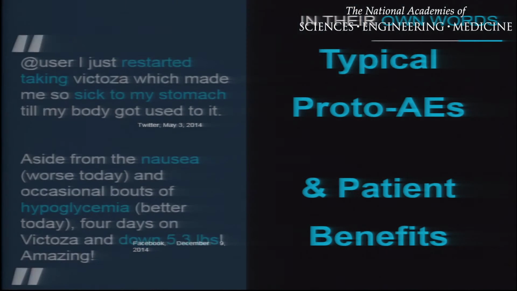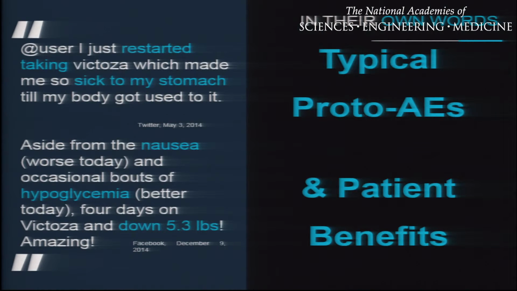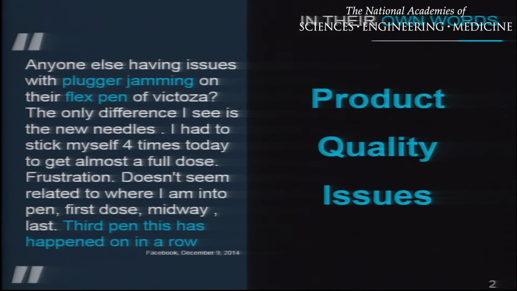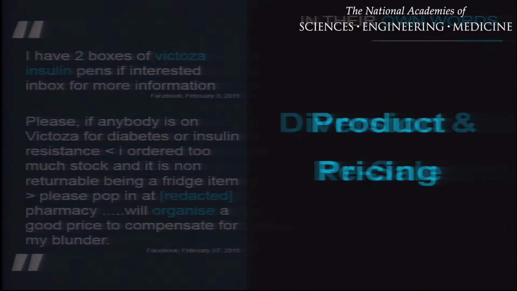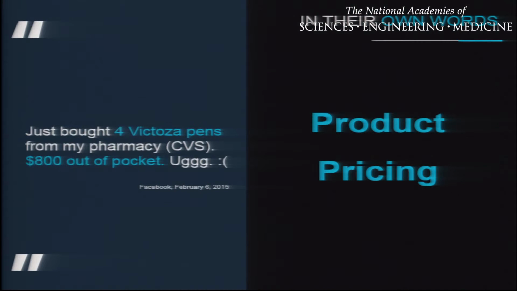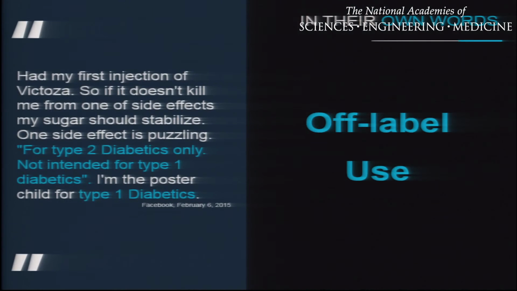But just to give you some understanding of the types of things people are talking about: adverse events, of course, are the bulk of what we're trying to collect, but we're also identifying new patient benefits, because one person's AE may actually be another person's benefit. There are other types of interactions and important insights you can get about products. Of course, product quality issues come through these systems, as well as diversion and resale, which I'll talk about in a minute. And then product pricing, where we understand there's massive variation throughout the country. And something many people are interested in is off-label use.